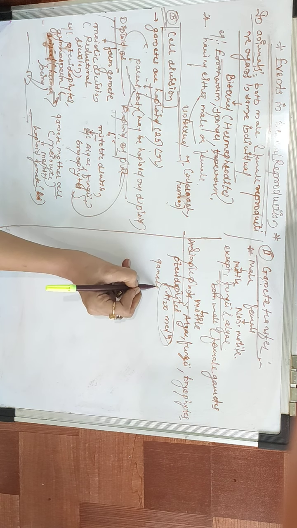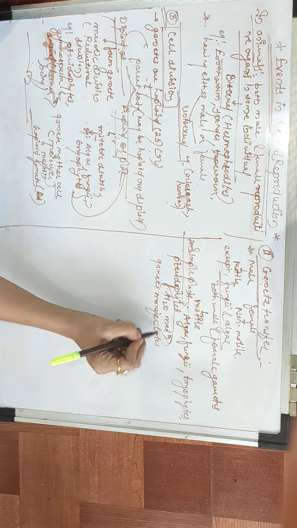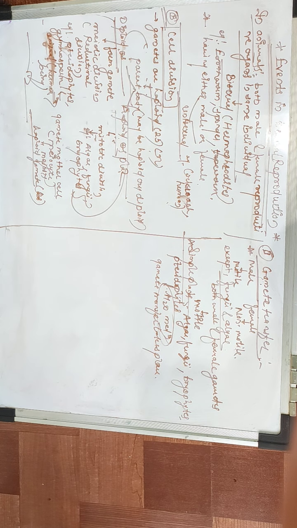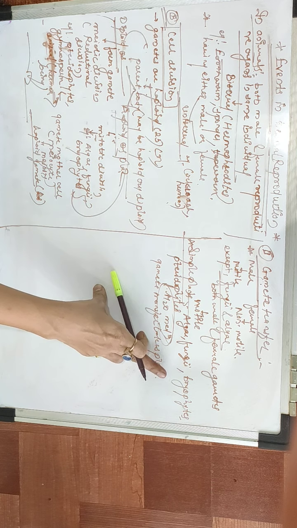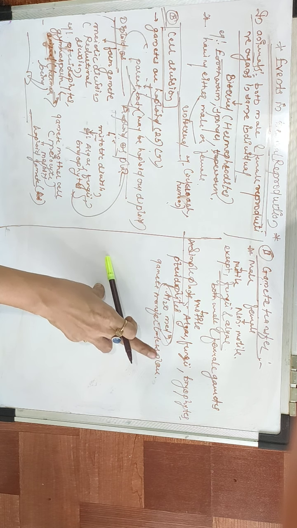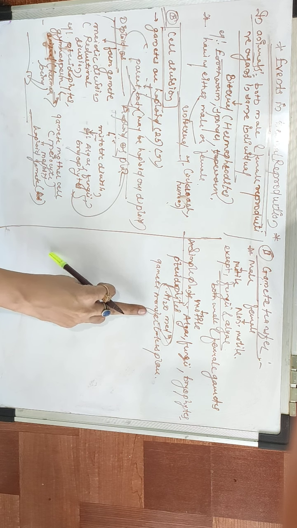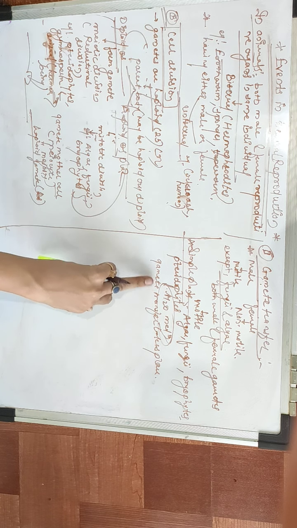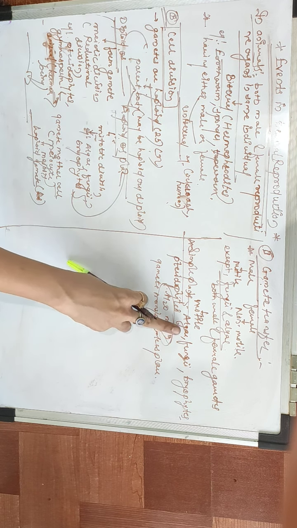Gamete transfer takes place. Okay, first one in simple plants. We are talking about algae, fungi, bryophytes and pteridophytes. What will happen? Here they are using water as a medium through which male and female gametes move, or in other words, gamete transfer takes place through the water medium in algae, fungi,